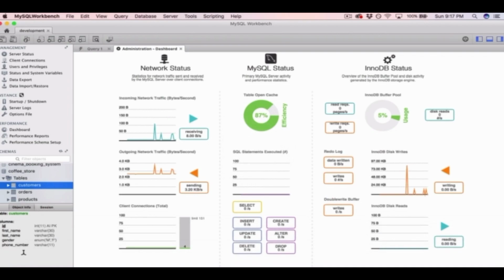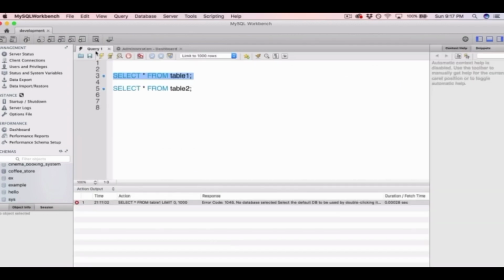So that's pretty much it for our MySQL Workbench tour. Again, the most important thing is to know that we have to write our queries here. We can run them using this ribbon at the top here, and we get our output at the bottom here. It's also good if you can have a look through the database schemas. That can be quite interesting and useful. But most of the links under management, instance, and performance just aren't very